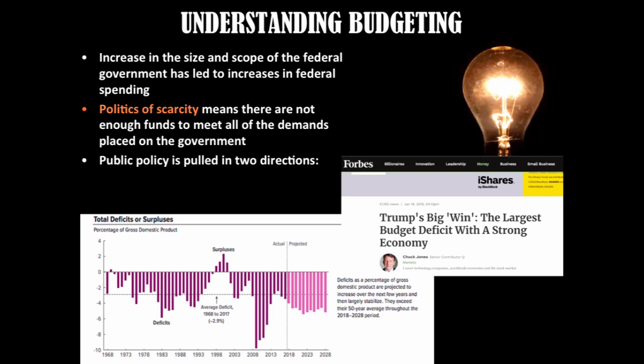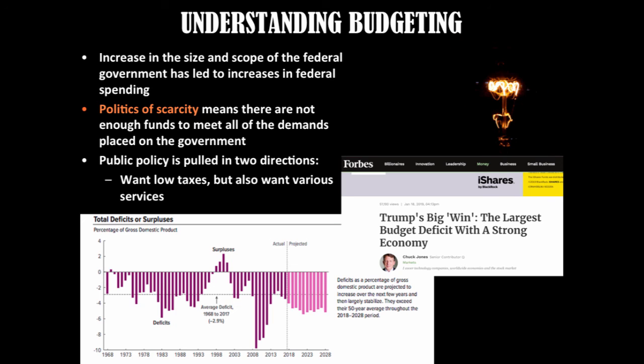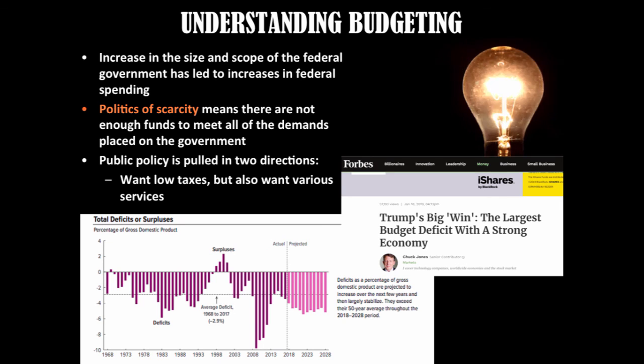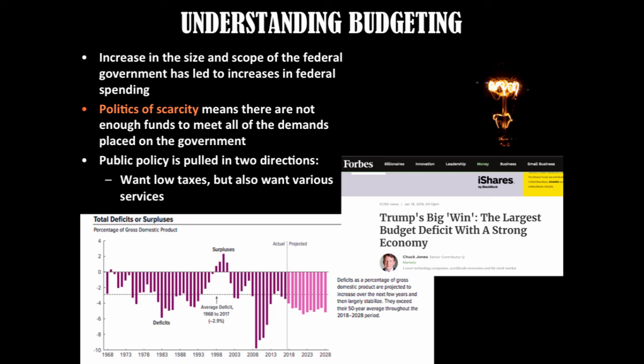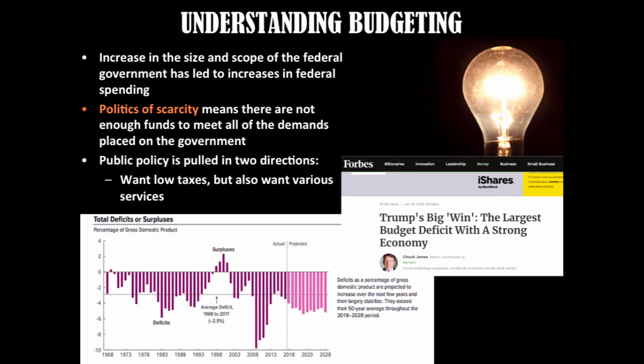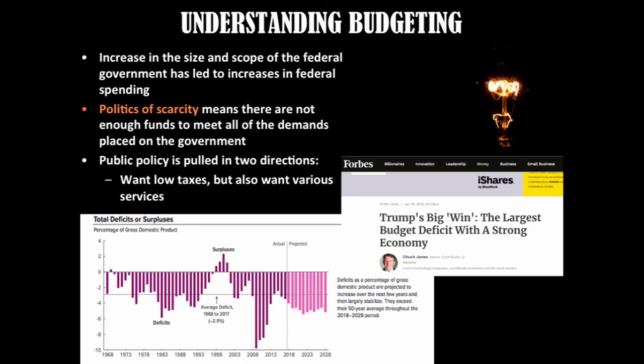As a result, public policy is pulled in two directions. Voters want low taxes, but also want various services. We want preservation of nature, inspection of food, healthcare for the elderly, securing the border, food for low-income kids. Congressional leaders want to bring pork barrel projects to their states and districts. This helps them get reelected. But these things cost money, and oftentimes the tough choices of how to pay for them, or where to increase taxes, or where to lower taxes, or how to spend money more efficiently don't get made because,